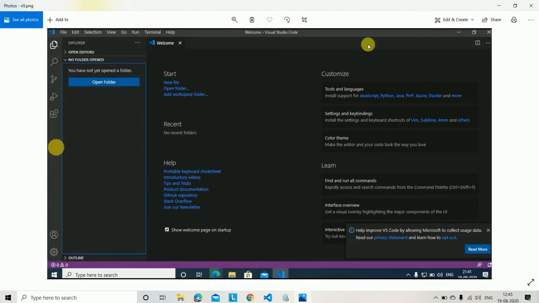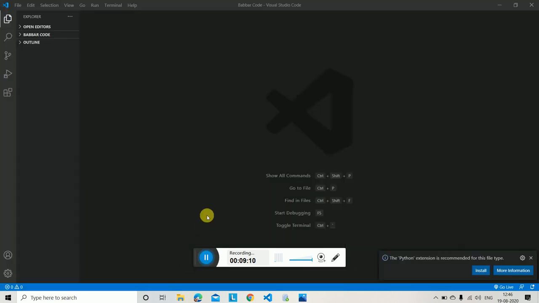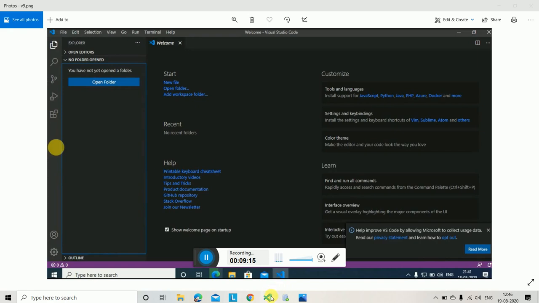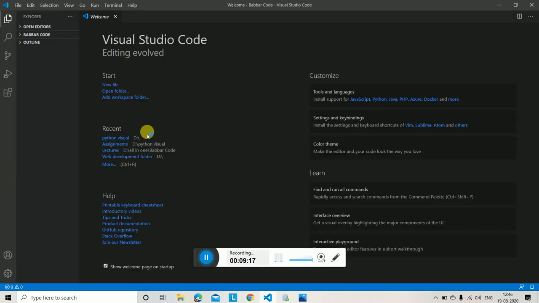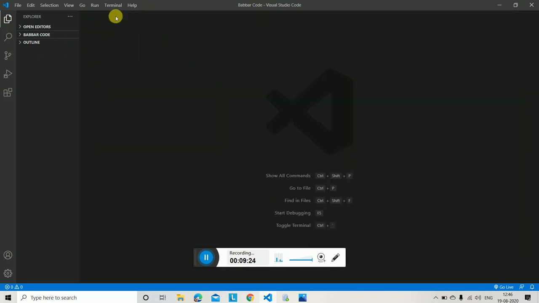This is the welcome page, right? I will show it on my laptop, how it is visible to you. See, I will open my Visual Studio. So this is my Visual Studio. See, it is giving some message like a welcome screen. You can ignore this. See, I have a folder named Babar. These are my folders, or else you can manually create them here.